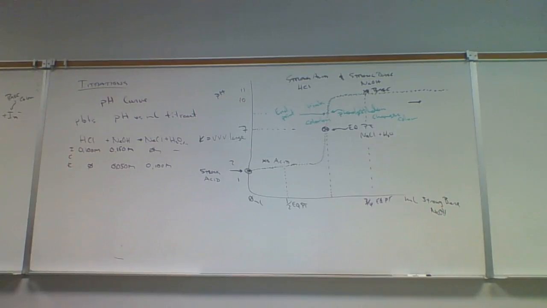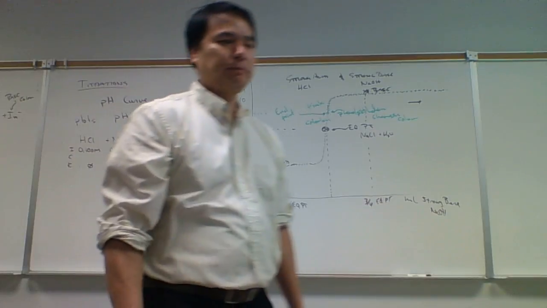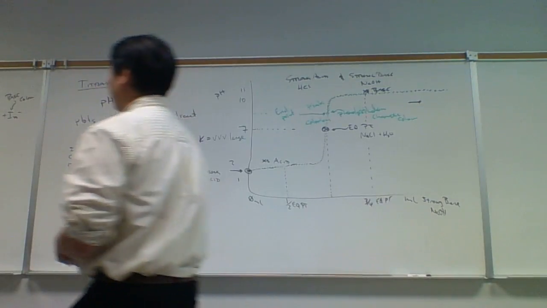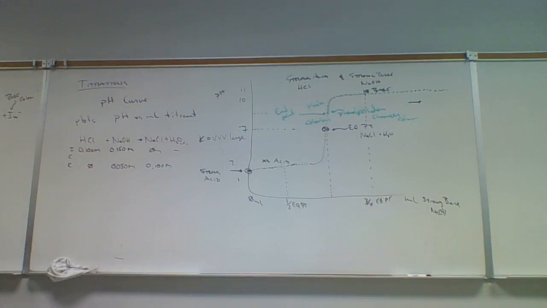Now, where does that shift occur? That shift doesn't occur at pH 7. It depends on this particular equilibrium here. And so the shift, the acid color, is just relative to its pKa, it turns out. Because if you look at it, what kind of system is this? If we have acid and base in sizable quantities, then we call this a Henderson-Hasselbalch buffer. And it should be described by the Henderson-Hasselbalch equation. That is, pH is equal to pKa of the indicator, acid form of the indicator, plus the log of the